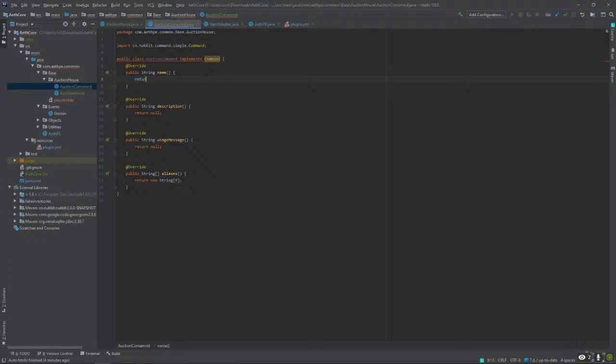So return auction house. Auction house commands.